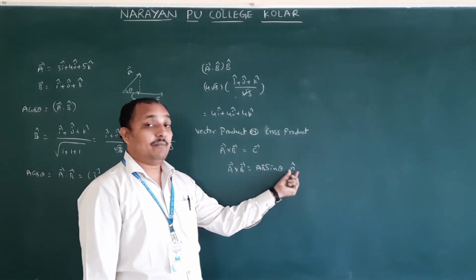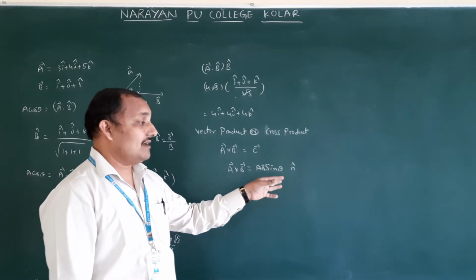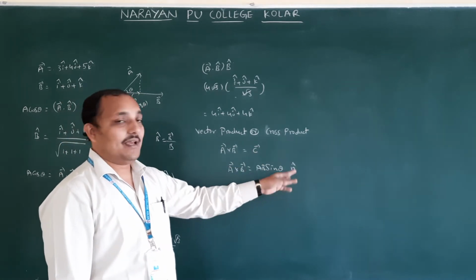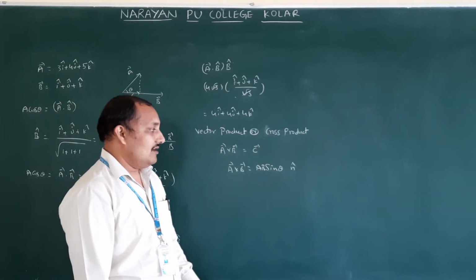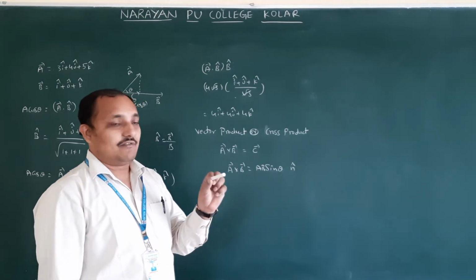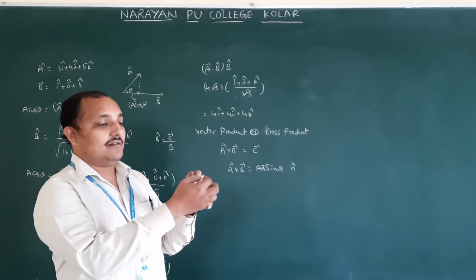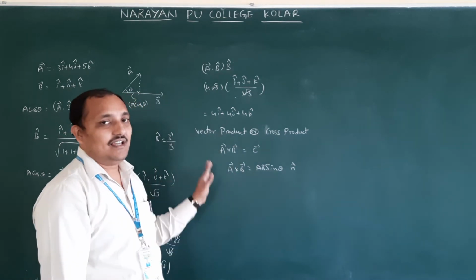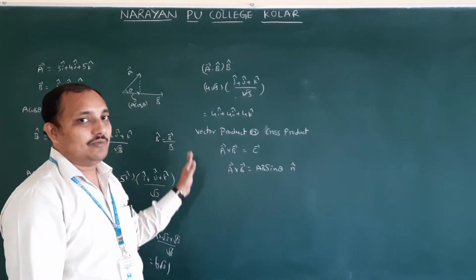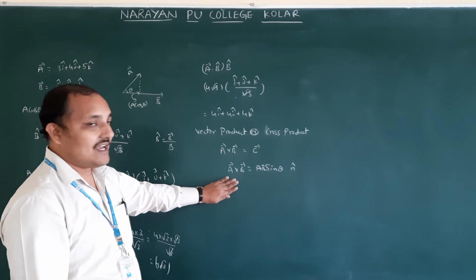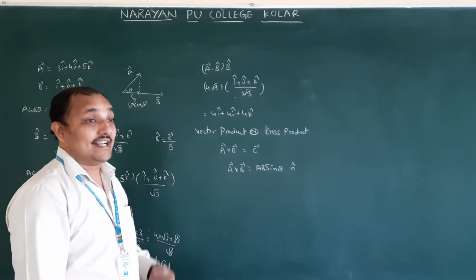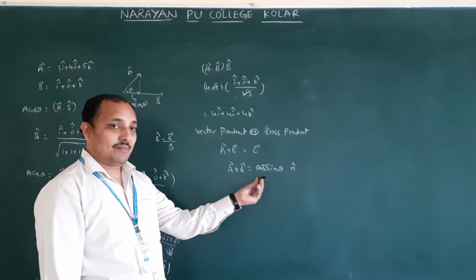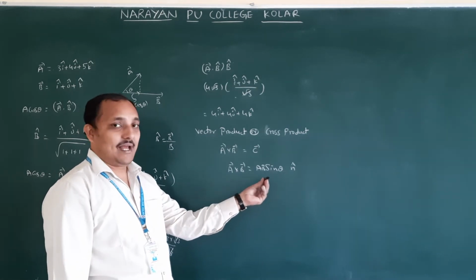Why did we write n cap? I cap, J cap, K cap represent along the x axis, y axis, z axis. N cap means in any direction. So this is one scalar quantity; if you want to make it a vector, draw one n cap. Area is generally a scalar quantity, length into breadth. But this board area has a direction. What is the direction of this board? Draw a normal, which we will call n cap.